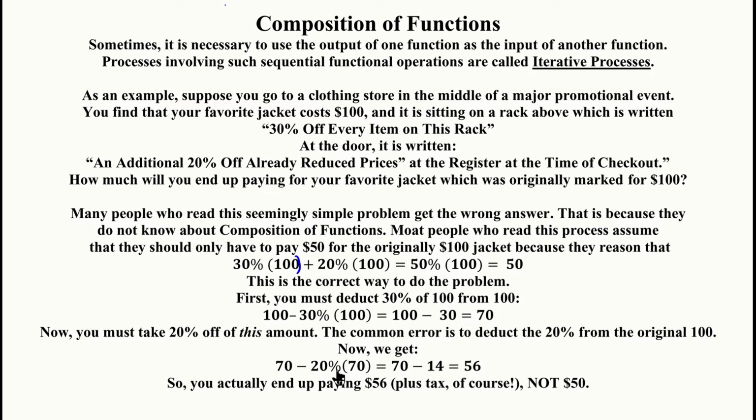And we end up with 70, 20% of 70, that's just 0.2 times 70, so it's 14. So you get 70 minus 14, which is what? More than you thought, isn't it? 56. So be very careful when you get this kind of an offer. Of course, most retailers want you to have that sense. Not all. I'm sure there are some honest retailers out there, but most of them want you to think you're getting 50% off. And let's face it, most people don't think twice about what they're actually going to pay